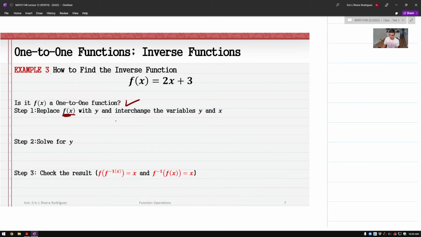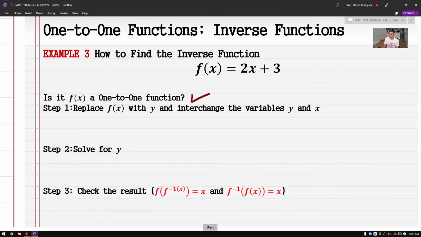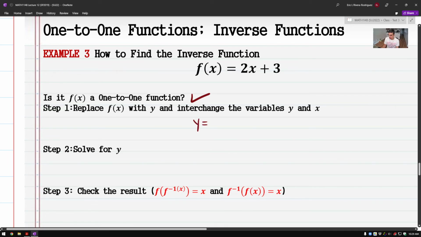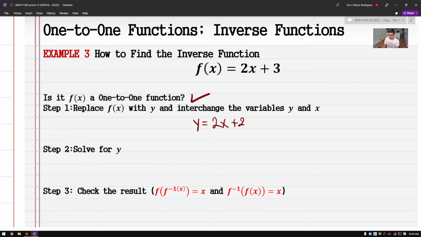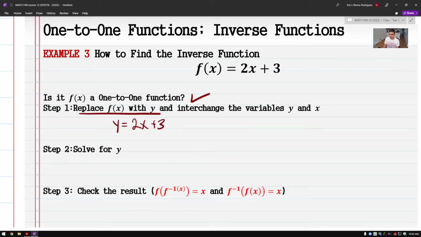So I have here y equals 2x plus 3. So replace f with y